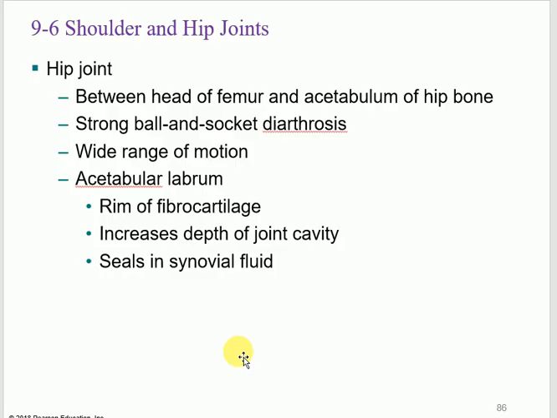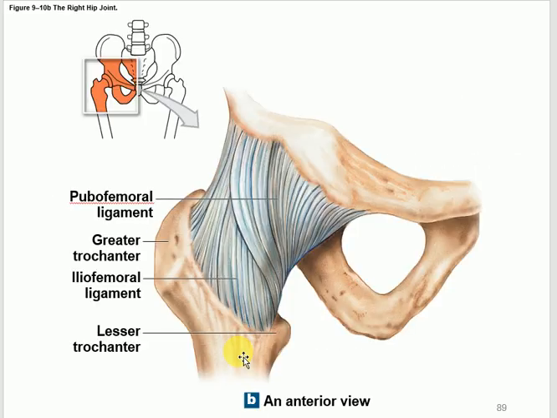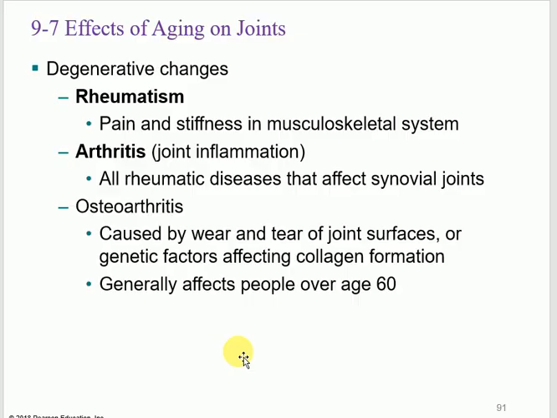Hip joint, same thing, same questions. What kind of joint? Ball and socket, angular. Is it diarthrosis, amphiarthrosis, or synarthrosis? Diarthrosis. Are you guys following? Do you remember this? It's diarthrosis, angular, ball and socket. What are the two components? Don't tell me it's the femur and the hip. Not enough. Head of the femur with acetabulum, to be specific. Okay? There are several ligaments connecting the different parts of the bones that I'm not going to spend much time on. I told you the most important.